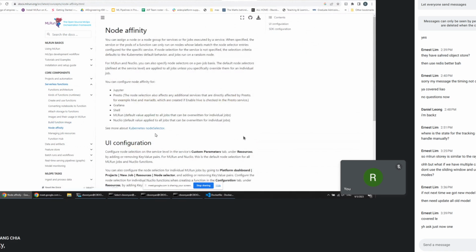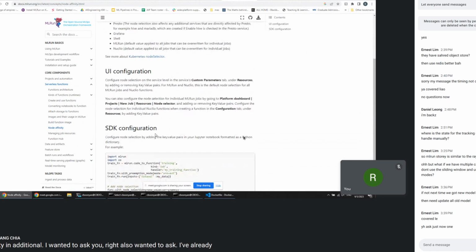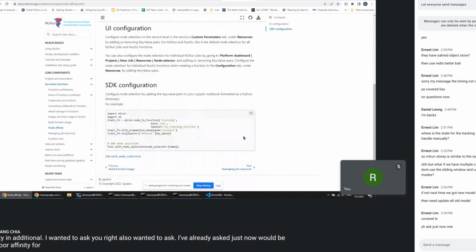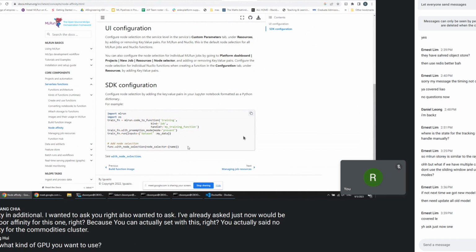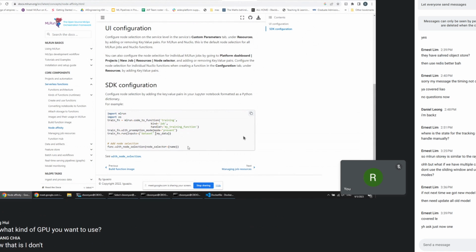Oh yeah, one thing. In addition, I wanted to ask you, right? I forgot to ask just now. Will be the node affinity. For this one, right? Because you can actually set with this, right? You can actually set node affinity for the Kubernetes cluster. Is it like what kind of GPU you want to use? I know. That means the Kubernetes cluster can span multiple servers, but